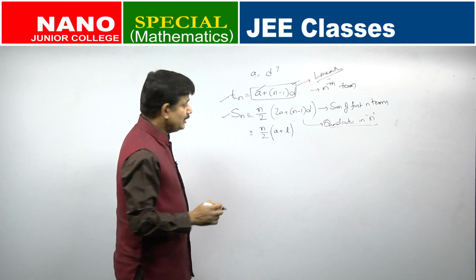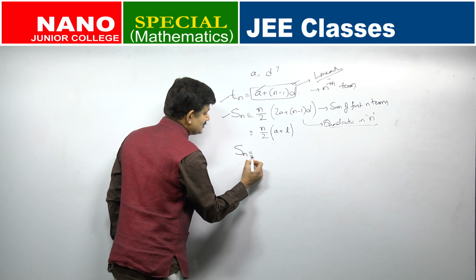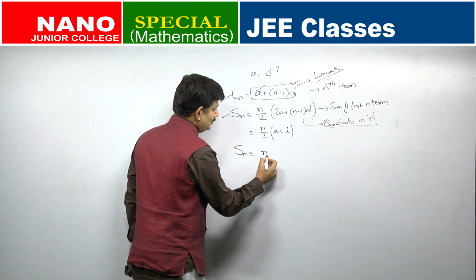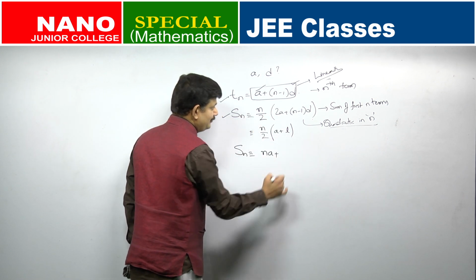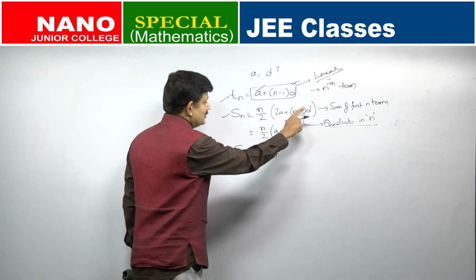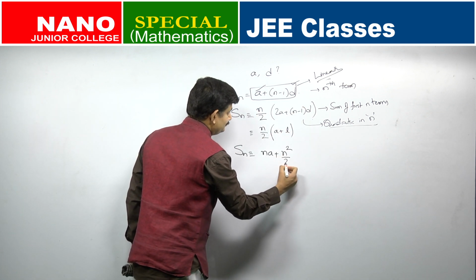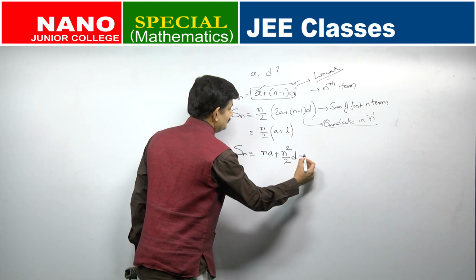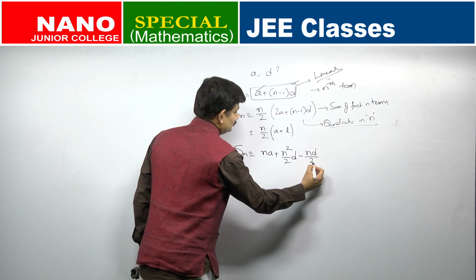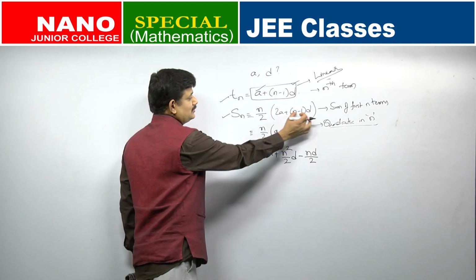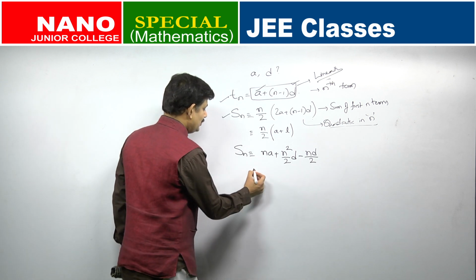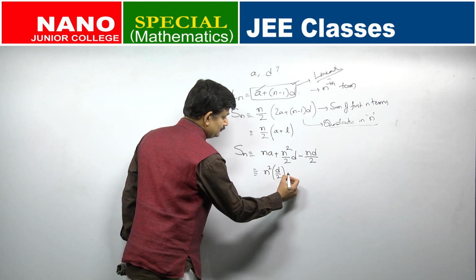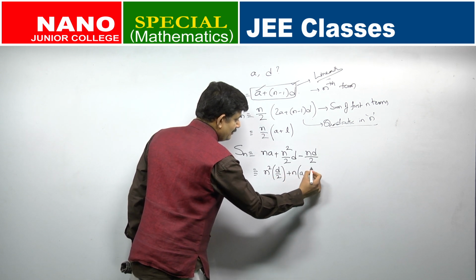So, once you have remembered all these formulae, let us again focus on this S n. S n will be, multiply these two, what are you getting? n, the 2 gets cancelled, a plus n square by 2 d minus n d by 2. Yes or no? I multiplied this with each and every term. So, effectively what will this be? n square into d by 2 plus n into a minus d by 2.